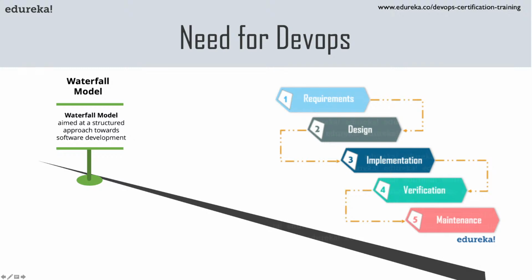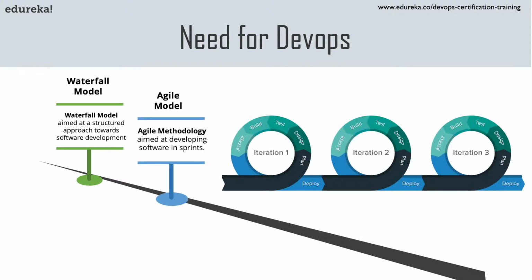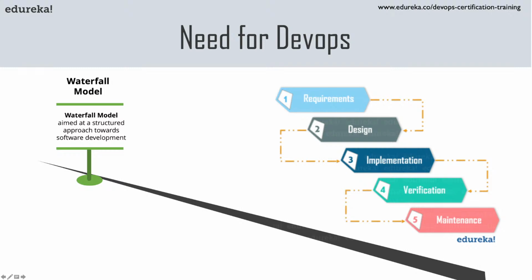Now there is a drawback to the waterfall model. What is that drawback? You will understand it once we come to the second methodology, which is agile methodology. Now the problem with waterfall model was, guys, that as you can see, all the requirements have to be taken in this stage, right? Once the requirements are taken in, this stage gets locked. So let's say you want a website and you want 10 features in that website. So once you give these requirements to the team who's going to develop the software for you, and they enter the design stage, you cannot tweak your requirements anymore, right? So this was the first drawback, that you were not flexible enough to incorporate all the changes that you wanted.